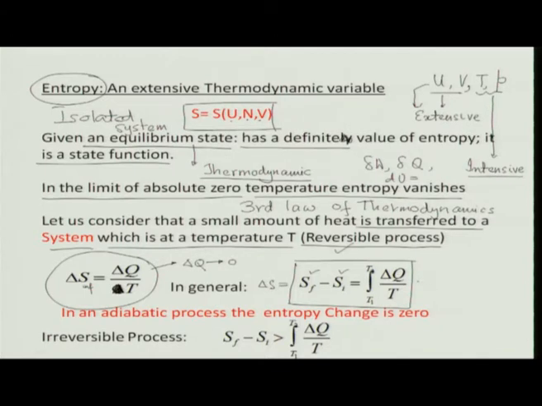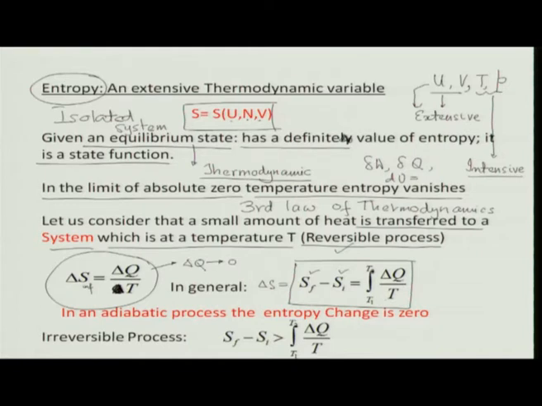This is my change in entropy. See, entropy change doesn't require that T is fixed. It need not be an isothermal process. That's why I cannot simply write it as a total change by the temperature. I have to integrate from T1 to T2. Now what you clearly see is that delta Q is important.